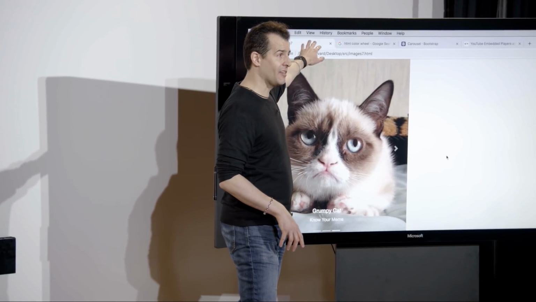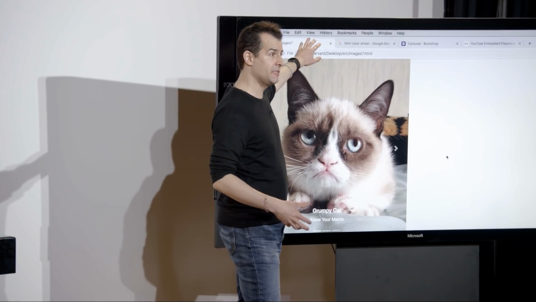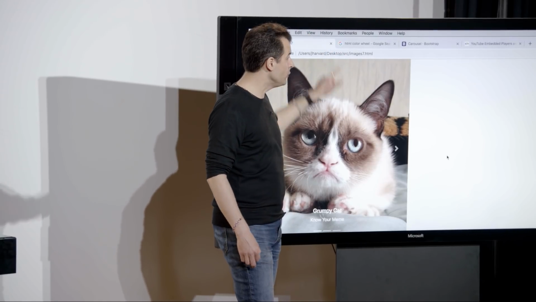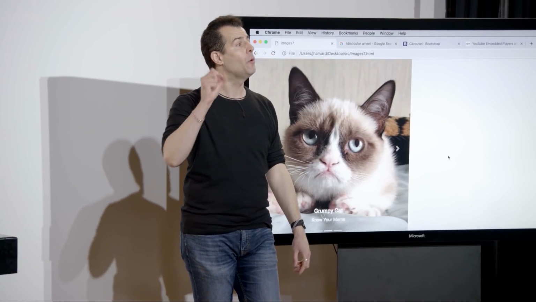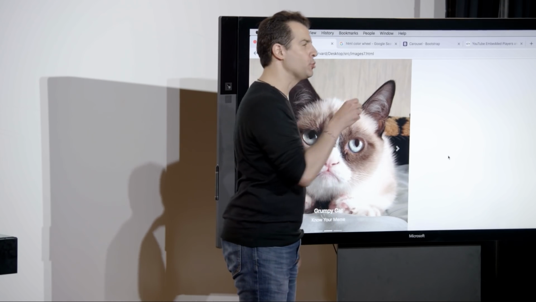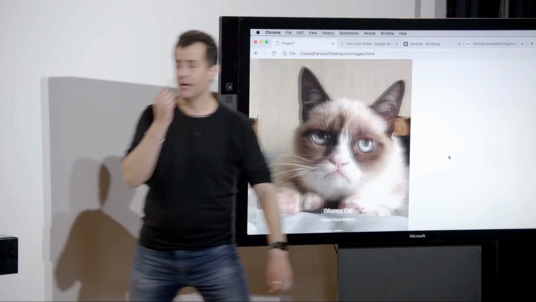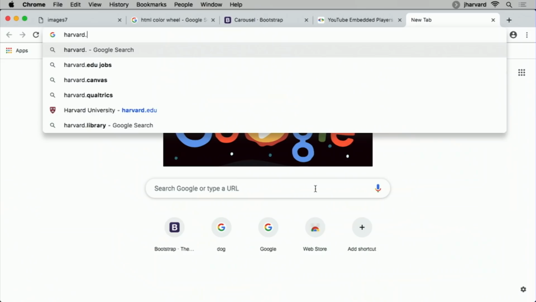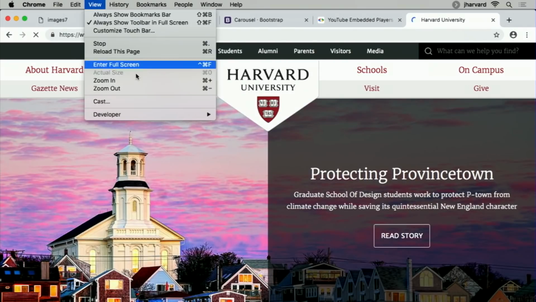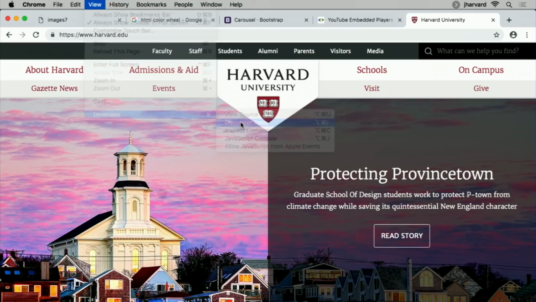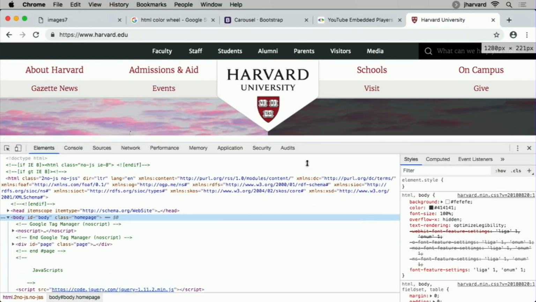You can go to any website now that you've been going to every day until today, go to View, View Source, and you can actually see how it is they built that. Or go to Developer Tools and actually look at the HTML. And just case in point, if I go, for instance, to harvard.edu, and I pull up View, Developer Tools, you'll notice if I shrink this a little bit